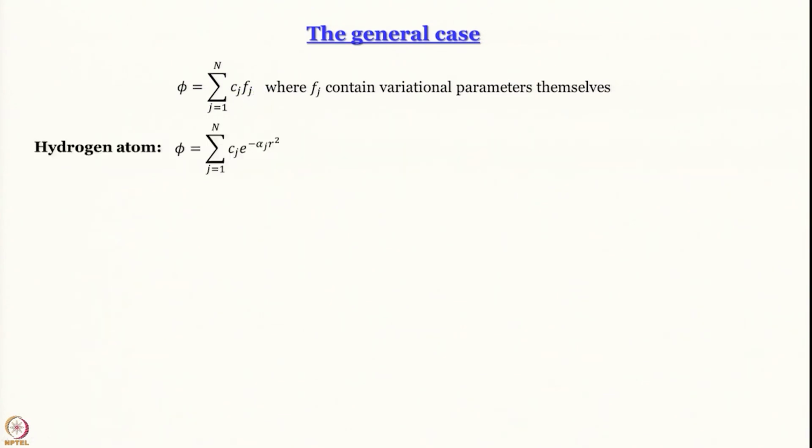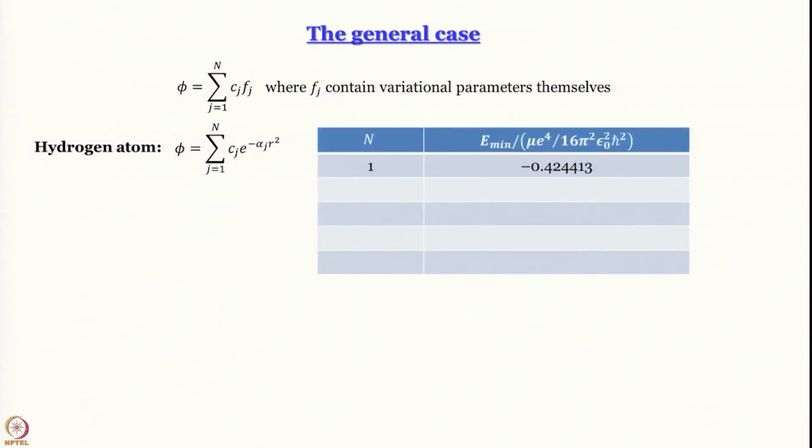Okay? For example, for hydrogen atom, we can write the function like this, sum over j Cj e to the power minus alpha j r square. So, this function here is similar to the 1s wave function, with the exception that this coefficient in the exponent is also a variational parameter. So, 2 variational parameters gives me greater flexibility, and of course, you can play around with number of terms. Once again remember hydrogen atom of course is exactly solvable, but if we do a variational calculation using this kind of a